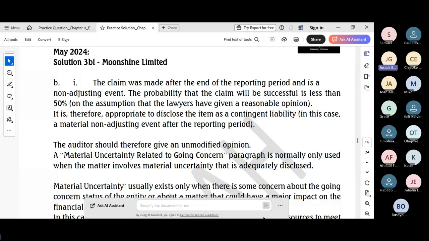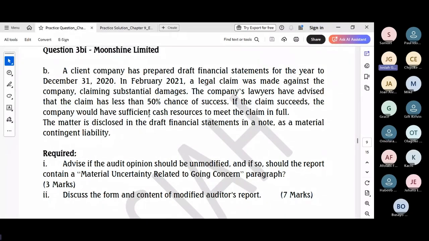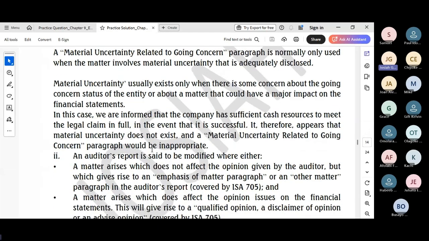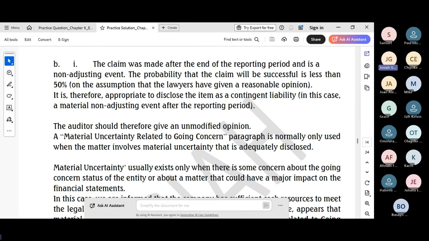Your style and structure should include the use of direct and affirmative statements for the conclusion, talking about the unmodified opinion and the no going concern paragraph area. Then for the structure, in writing, structure the justification for each part separately, for the opinion and for the going concern, to ensure your 3 marks are picked practically for the first part of the question. So the answer on the screen should guide you as you practice in addressing such a question.